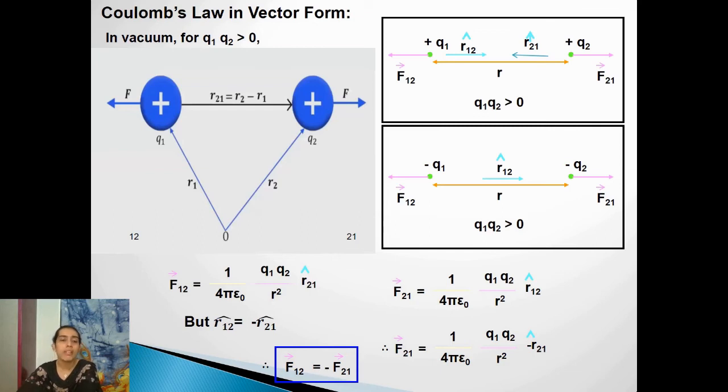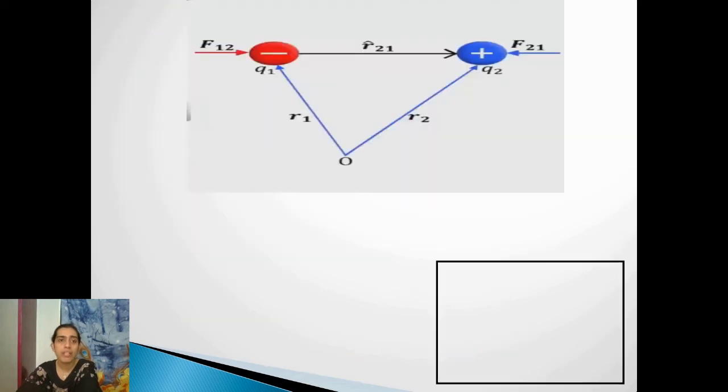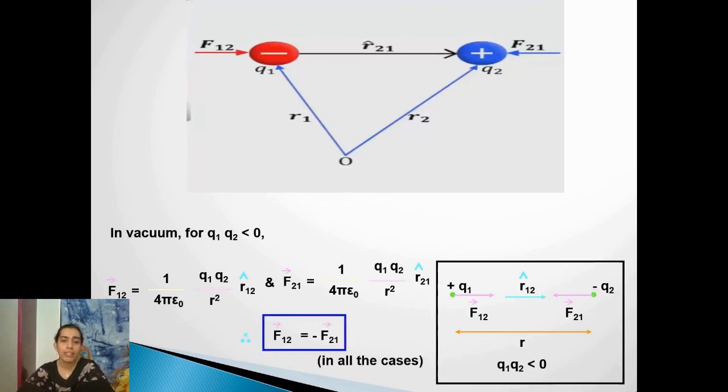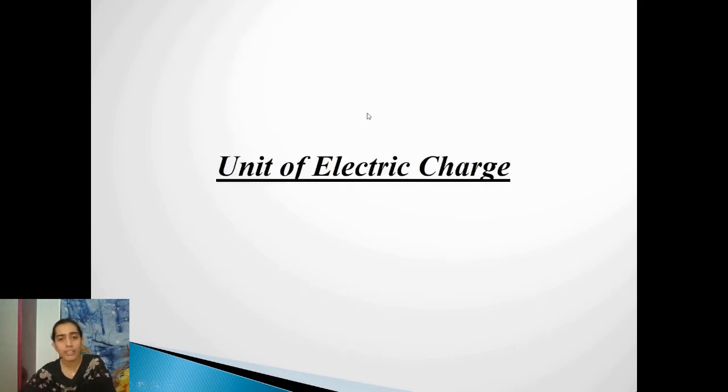And what might be the limitation of this Coulomb's law? You can see in these examples, I have considered these point charges in vacuum. Only when the charges are held in vacuum can we apply Coulomb's law, right? But what about the other cases, if the charges are in another medium? That you will study later in the upcoming chapters. But for now, just assume that the limitation of Coulomb's law is that the point charges which we are studying should be held in vacuum.